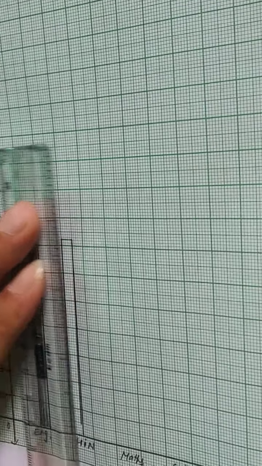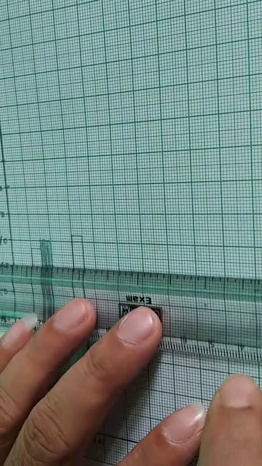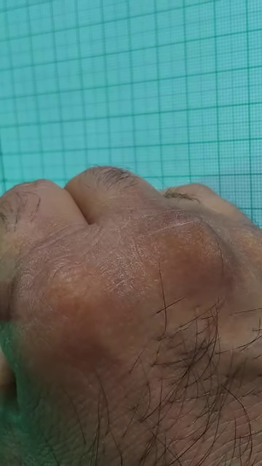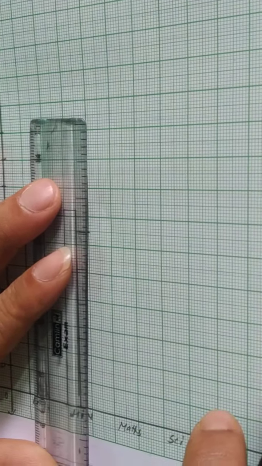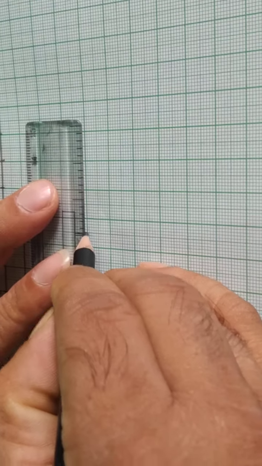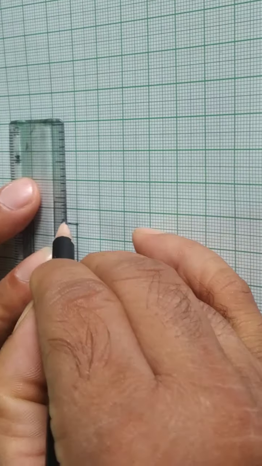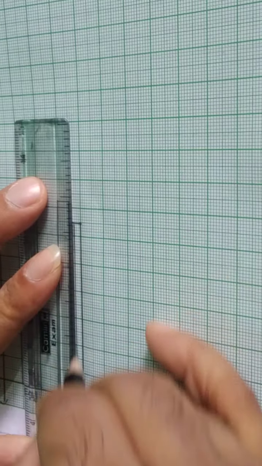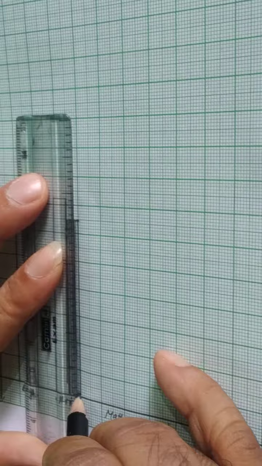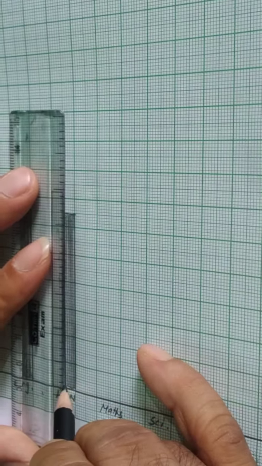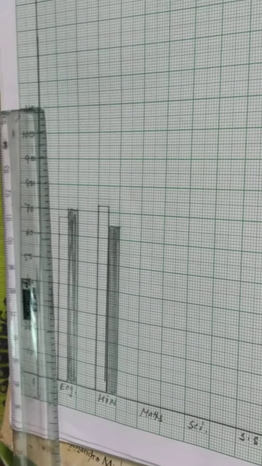Now in second semester, how many? 65. So where is 65? Lying between 60 and 70 here, right? Got it? Now next subject is